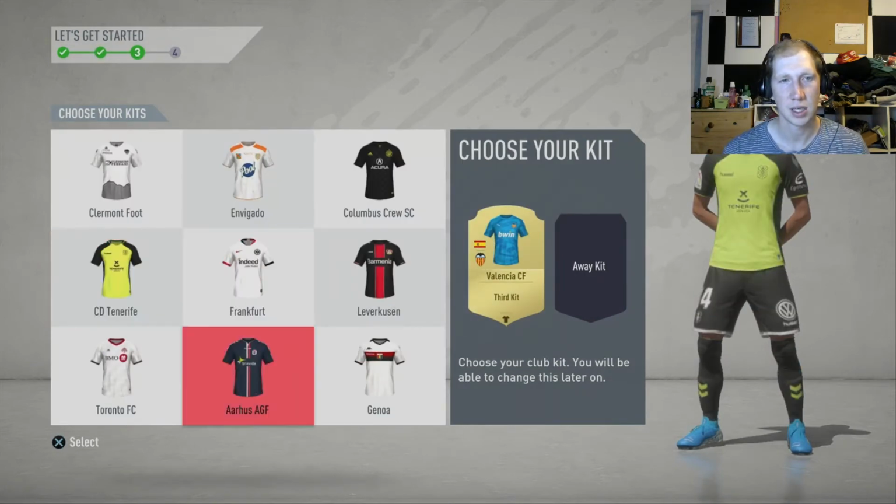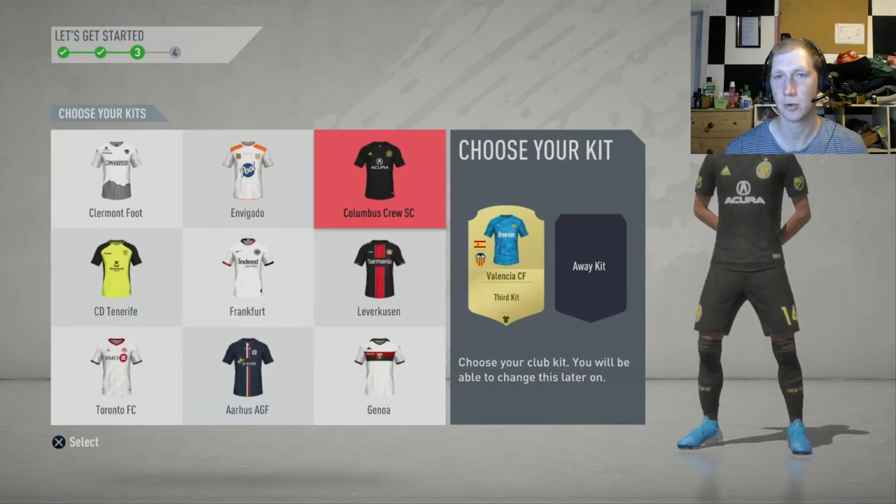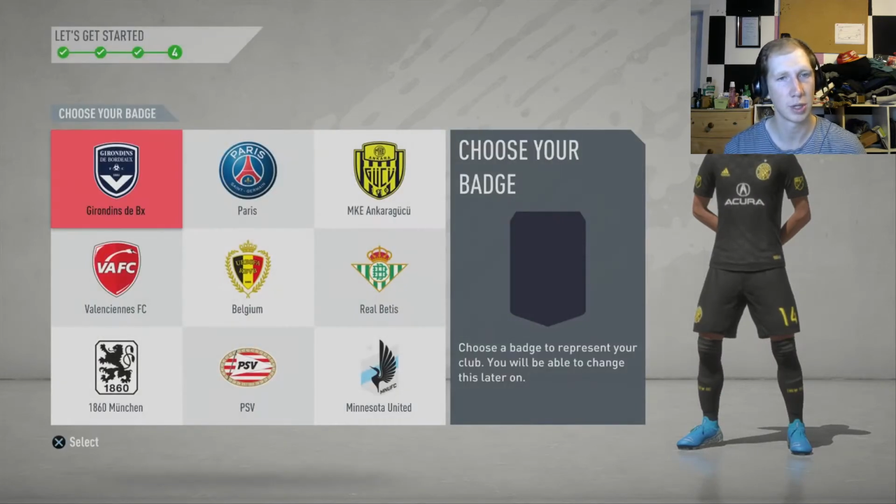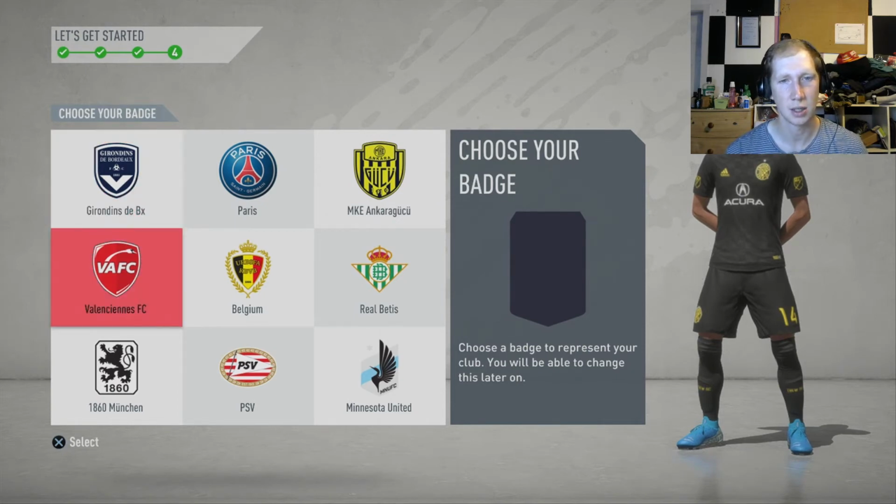And we need a second kit. Maybe we go with the full black. Blue and black, pretty easy to not clash, so that's what we're going with. Alright, we need a badge, and to be honest, the one that stands out is the one with this nice